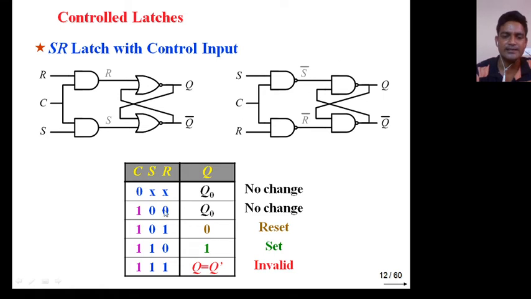In this case, suppose I am taking the same value 101. This is 1, this is 0, this is 1, and 0 and 0, and you will get 1 here because there is a bubble. Similarly 1 into 1, it will be 0. You are getting 1 here and 0 here.